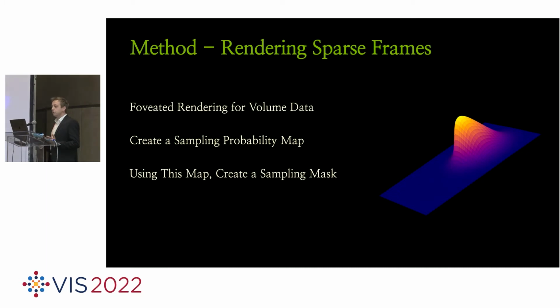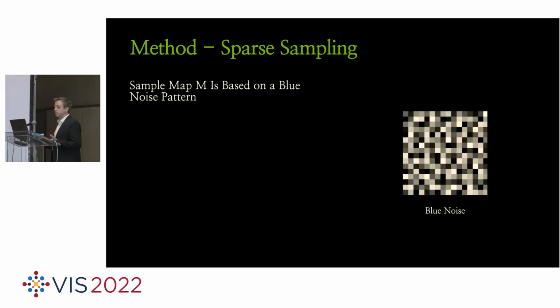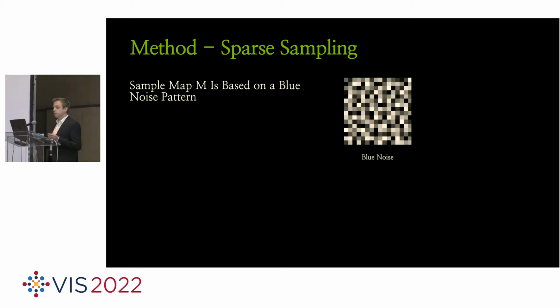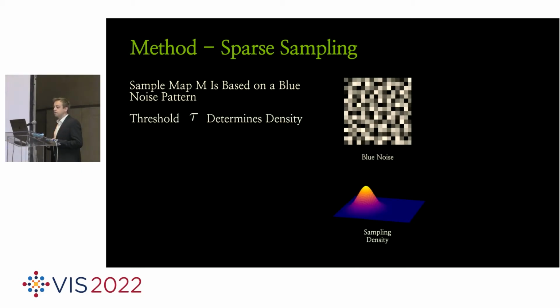To create sparse images from volume data, we synthesize a sampling map that models our eye's visual acuity, prioritizing the area around the fovea, and using this map, we create a binary sampling mask for our renderer. Our sampling masks are based on a blue noise pattern, which we use to determine if a pixel should be sampled or not based on a threshold value, and we call this threshold value tau. The value for tau is individually determined per